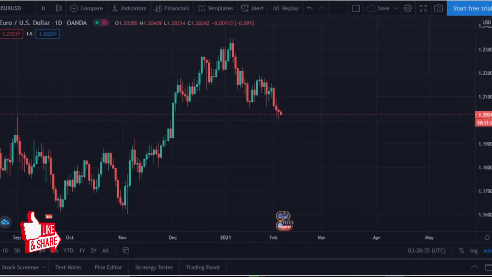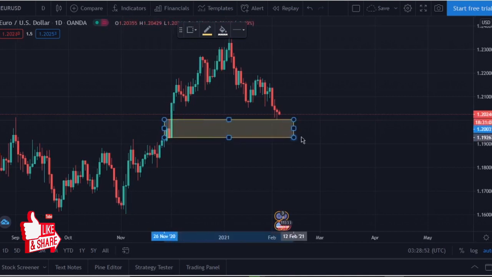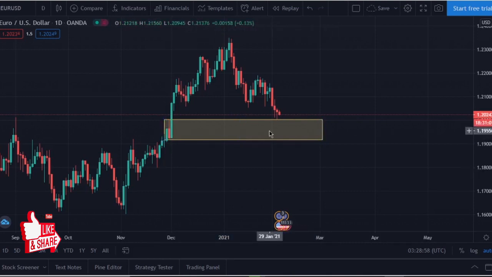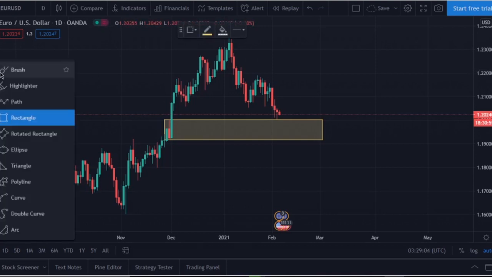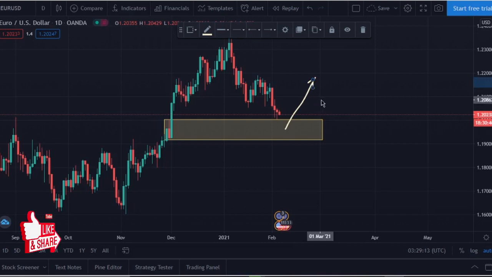Going down to the daily time frame, what do we have, and how can we look for the next opportunity on Euro USD? Here on the daily, one important thing we can notice: currently we can see a very good, strong daily resistance which has now turned into a support area. So this area is not only a strong demand on the monthly, but it is also support from a daily perspective, because the market can easily reject it to the upside.